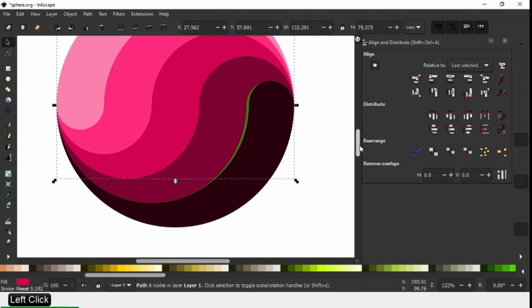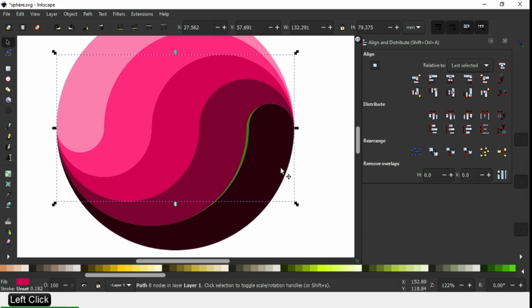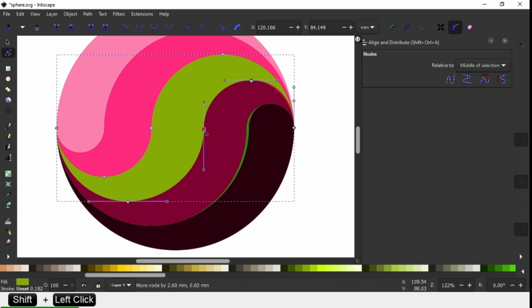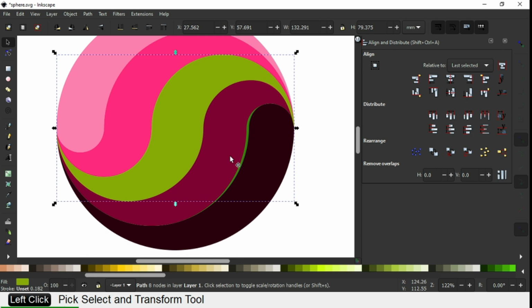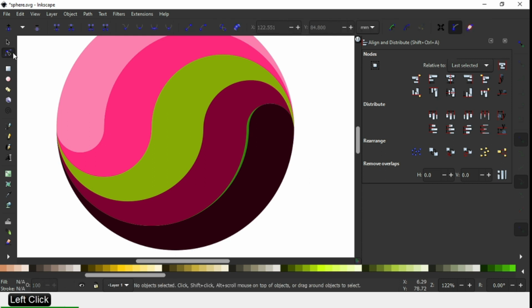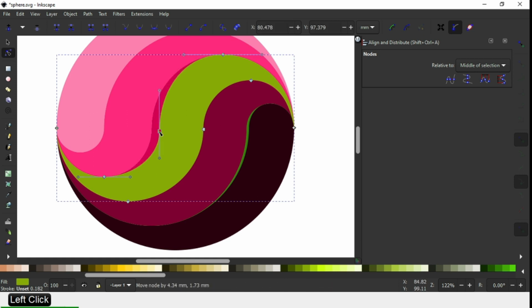Now select this one and duplicate it and change the color. Modify the nodes by the node edit tool. Modify the nodes.